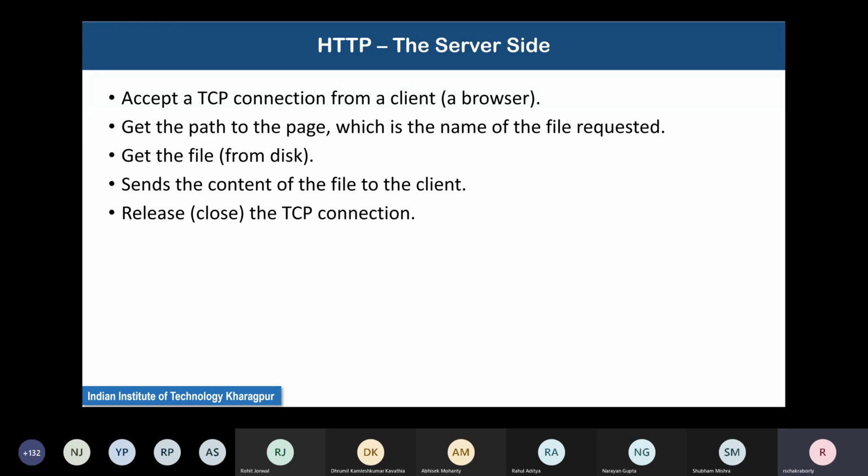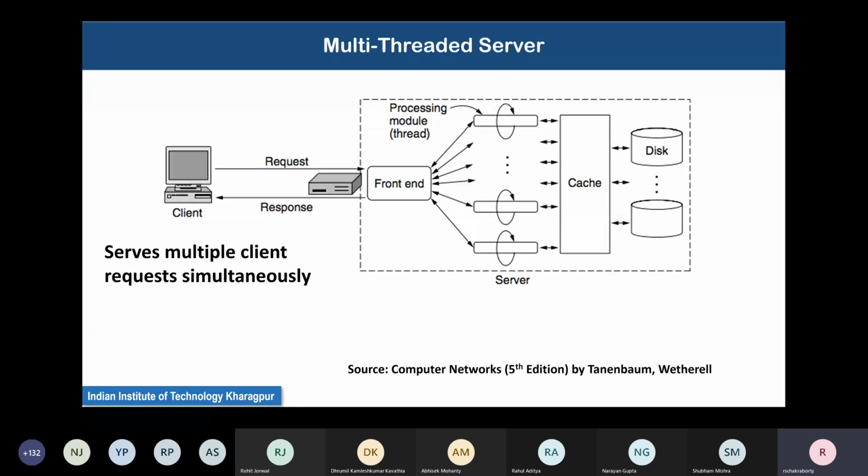Hopefully the file is there, and it sends the contents of the file, which is probably HTML. It can be something else also, but we are considering HTML. It sends this to the client, and it closes the TCP connection. Whether it will close immediately or not, whether it will be persistent, whether it will be pipelined persistent, we have just now discussed. There are several choices.